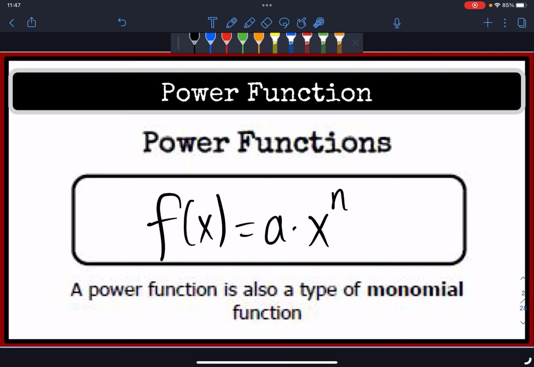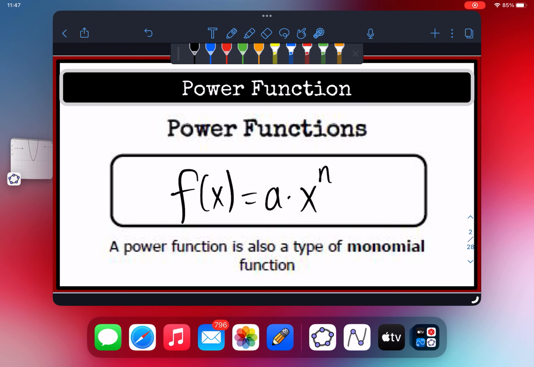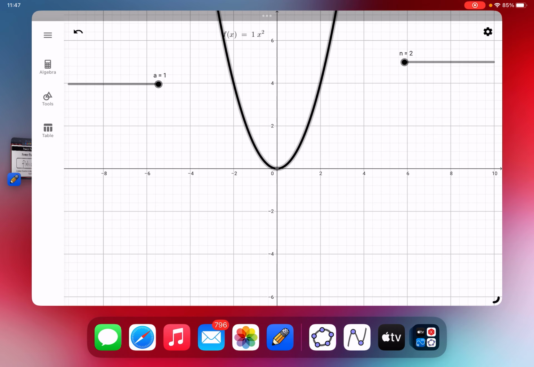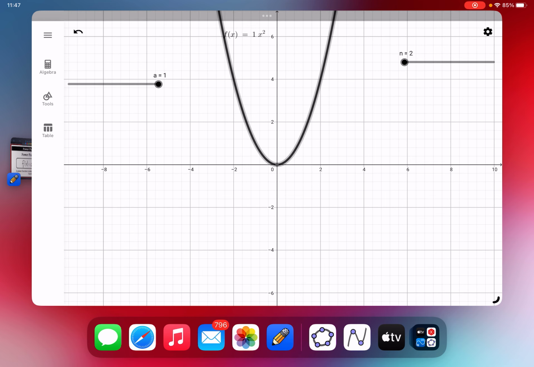What I want to do first is investigate what happens when I start changing this exponent n, specifically from an even number to an odd number. So like the example right here. Here we have the power function, as you see right up in the very top, it's 1 times x to the power of 2. Our exponent is 2. If I change this exponent from a 2 to an odd number, let's say a 3,